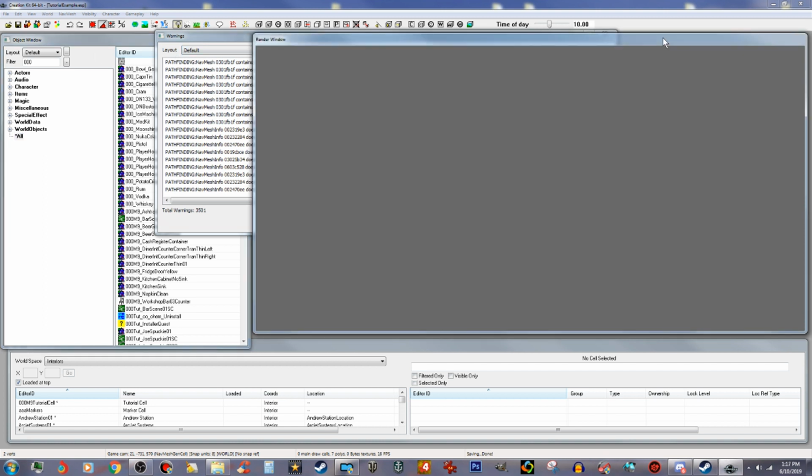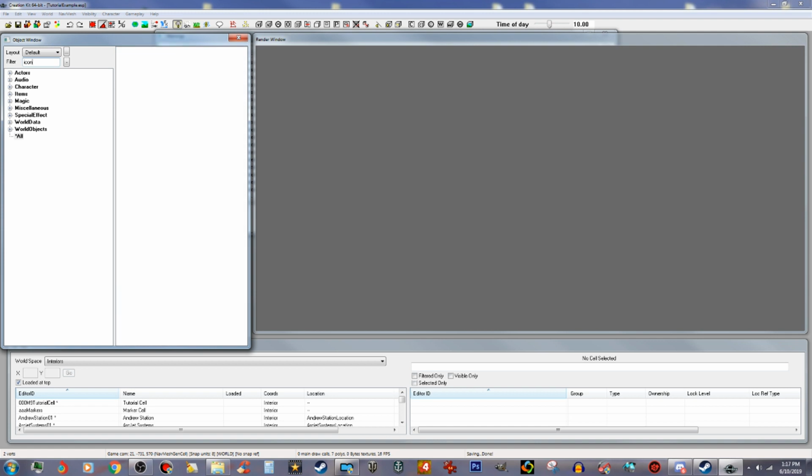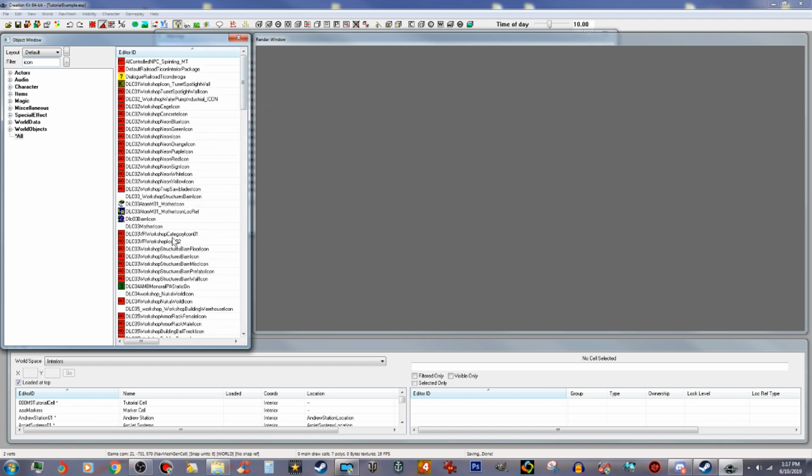All right, this is done here. So what I'm going to do is go ahead and in the filter, I'm going to type the word icon. And you'll find all the icons right here. But first, we have to